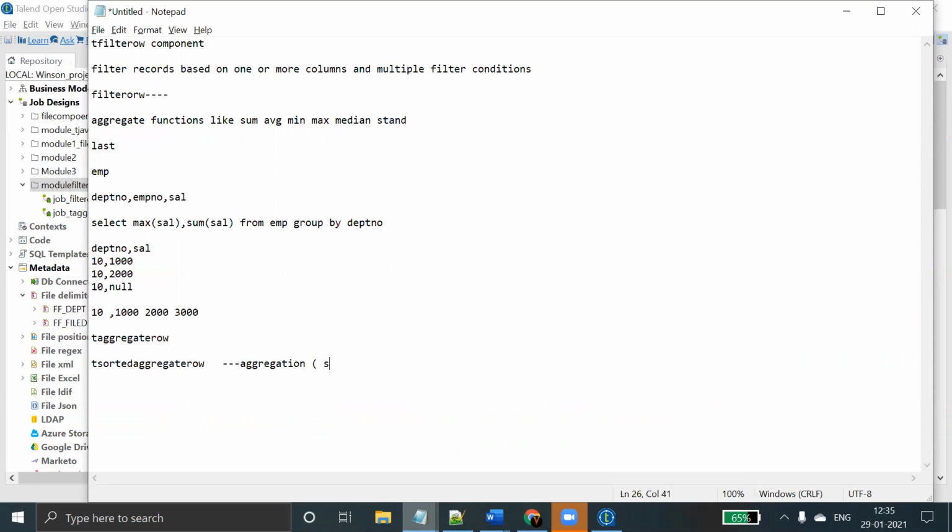So for that you need to send sorted data to the aggregation component. Whereas tAggregateRow need not be sent sorted data, because it will do sorting and aggregation actually. That is the main difference.